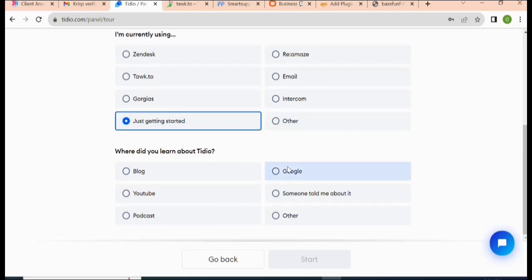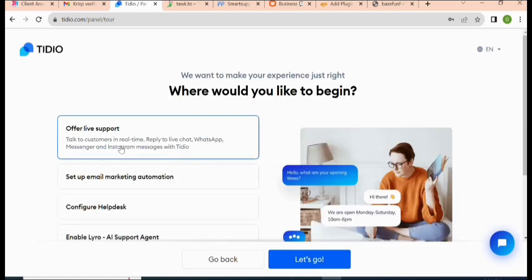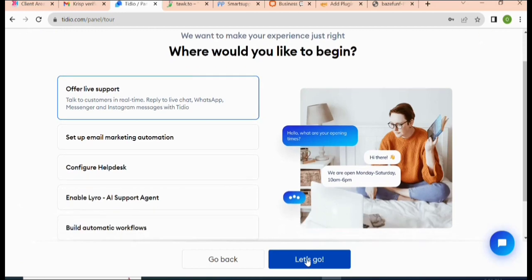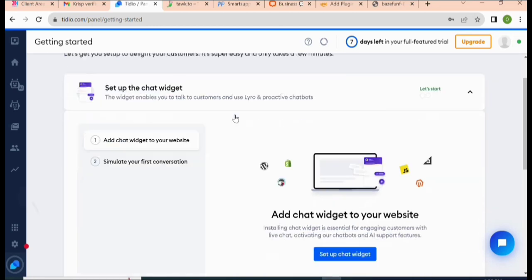So where did you learn about us? I say someone told me about it. Let's just get started. Offer live support. Where would you like to begin? Let's just begin from offer live support, and then we click on let's go. So once that is done, we just see that yeah, our account has been created, but this has not been